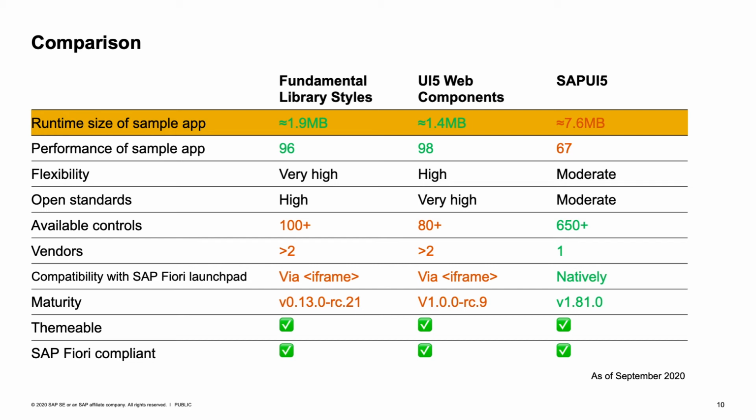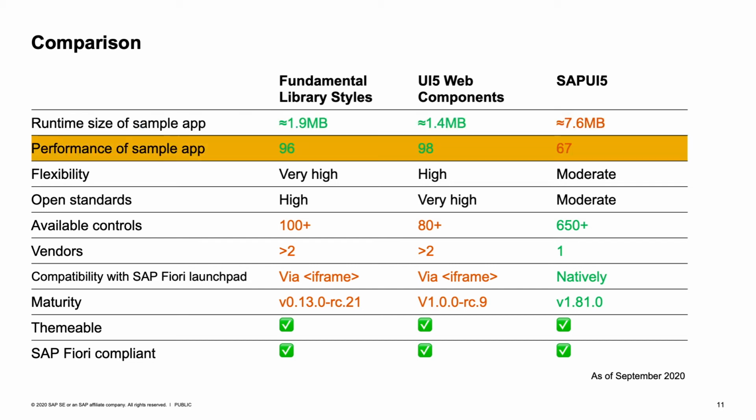I also compared the performance with the Google Chrome developer tools, the Lighthouse score. It gives you a number up to 100, and the higher the number, the better the performance is. We see that the React-based applications are almost at the top of that scale, whereas the SAP UI5 application is in the 60s, which is still good, but it can be improved. And that's also what we've seen when we refreshed the web applications in the loading time earlier.